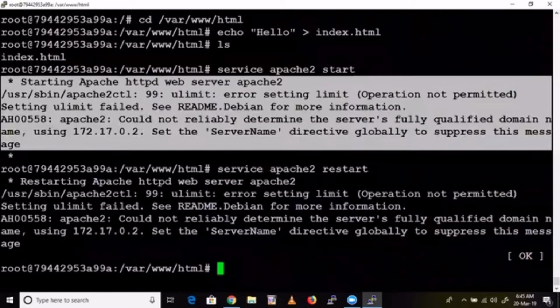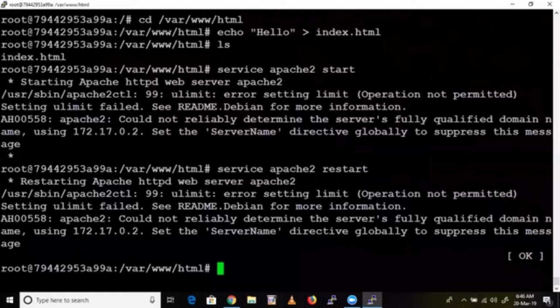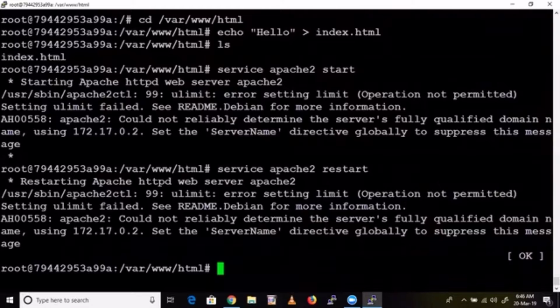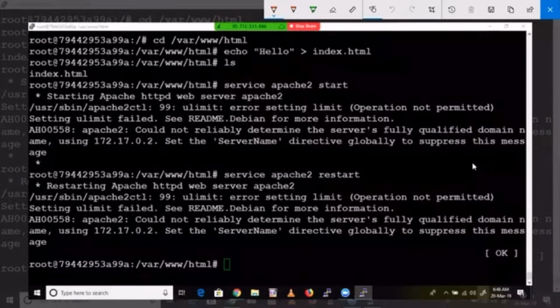Whatever it is showing, it's the same thing, it's not actually an error. systemctl, I mean, I'll show that one. Apache 2 CTL. See, in older versions here, in older versions of here, center use.